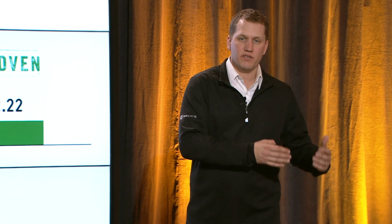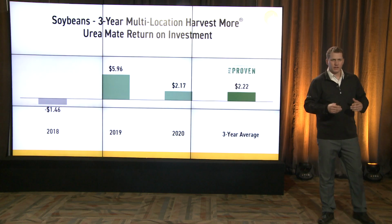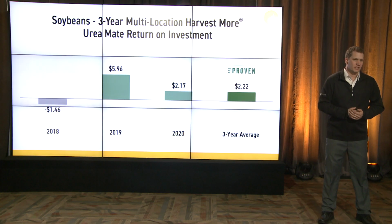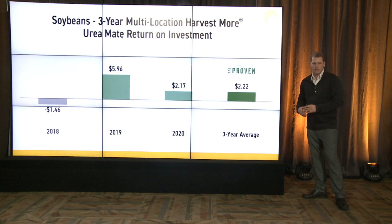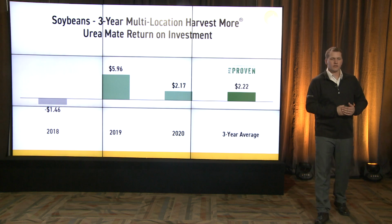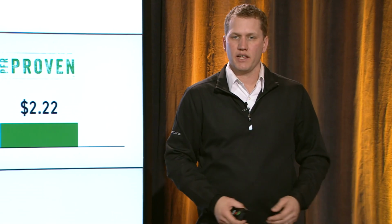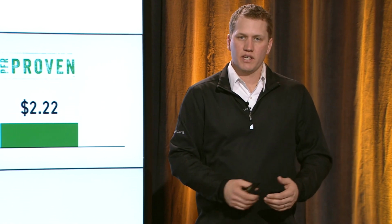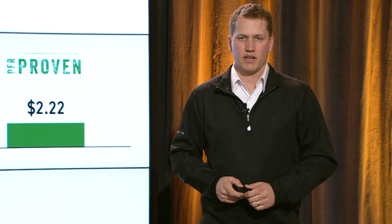Now, one that really comes to the top over 3 years of multi-location studies and is PFR proven is the Harvest More Urea Mate that we've applied the same product in corn. So we don't see as big a bump as we saw in the corn, but still $2.22 to the acre. We're already making that pass with the PFR proven fungicide as well as PFR proven timing. So to get a little more ROI out of it, it's something we should probably look at when making those